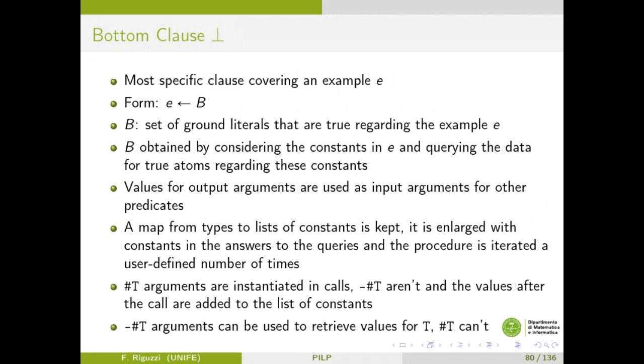So the bottom clause is a ground clause where the example is in the head. In the body, you have a conjunction of atoms that regard the example. Regard in the sense that they have as argument either constants appearing in the example or constants appearing in atoms that in turn have constants appearing in the head. So this set of literals is built by performing a cycle starting from the constants appearing in the example and